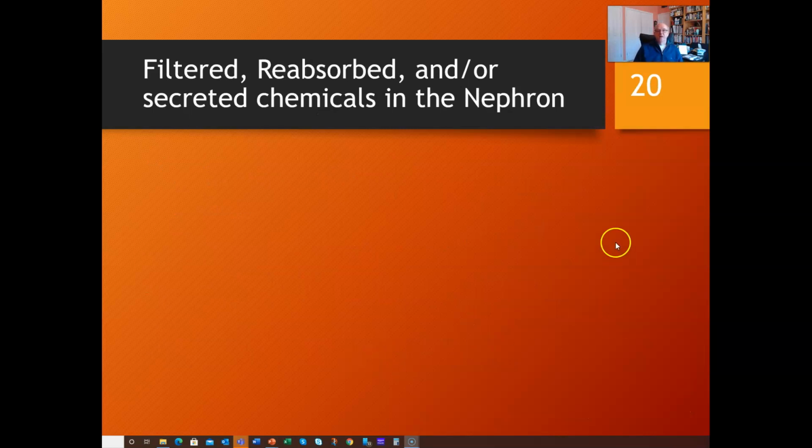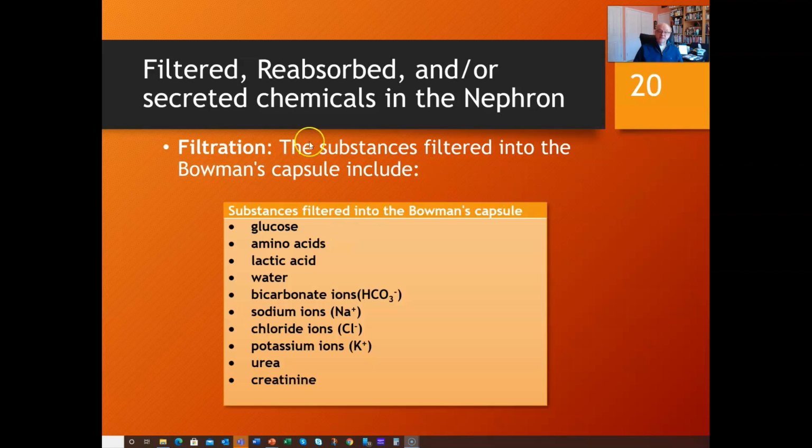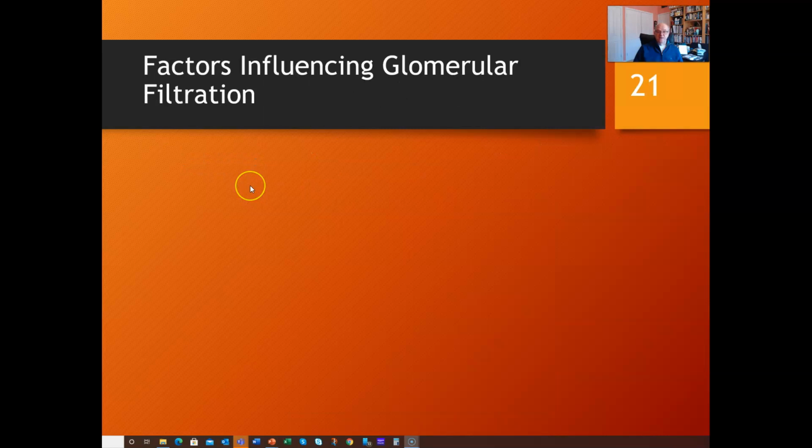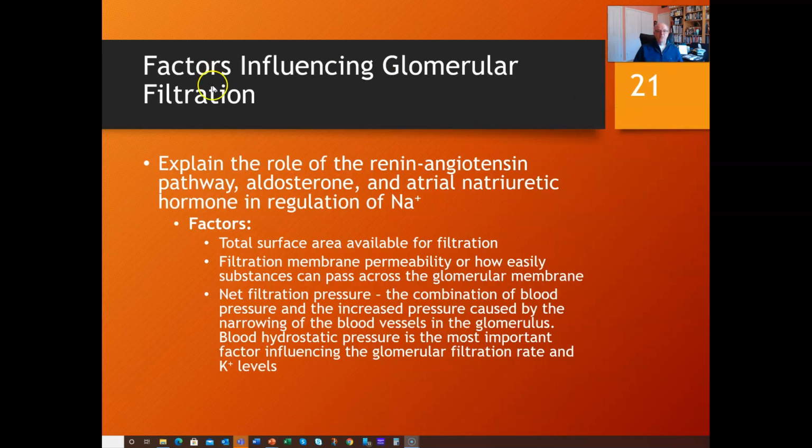Okay, so what's filtered, reabsorbed, and/or secreted? The substances filtered into the Bowman's capsule include all these. This is just the same as in the last slideshow you saw, and it then goes on about factors influencing this filtration rate, explaining the role of renin-angiotensin. Okay, well, factors involving the regulation of sodium